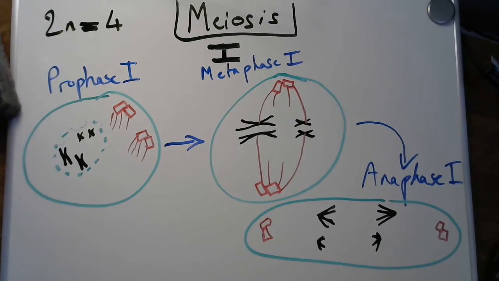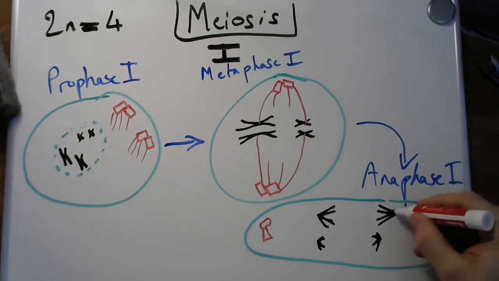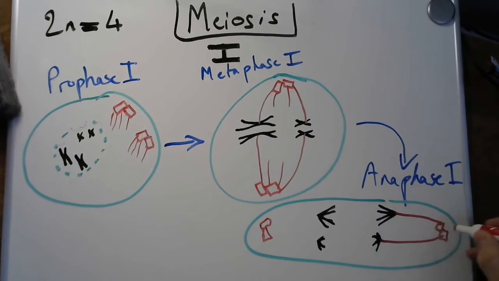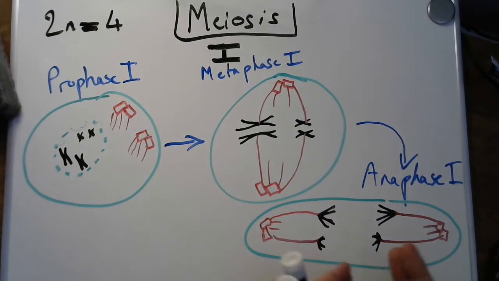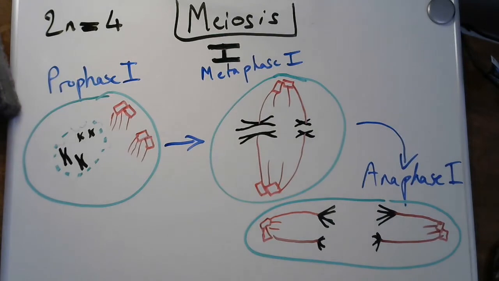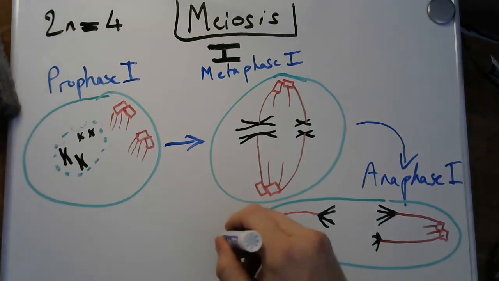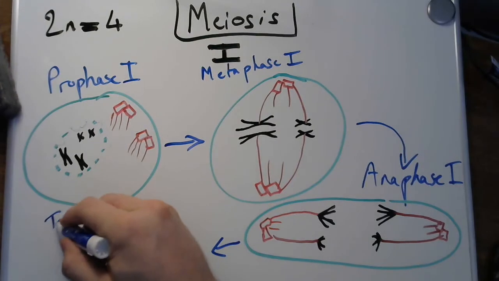Right? But the legs are lagging behind from the attachment point. That's the spindle fiber coming from the centrosomes, and it's pulling them apart. So you separate the homologous chromosomes. This is anaphase 1. And then the last of the phases, you go to telophase